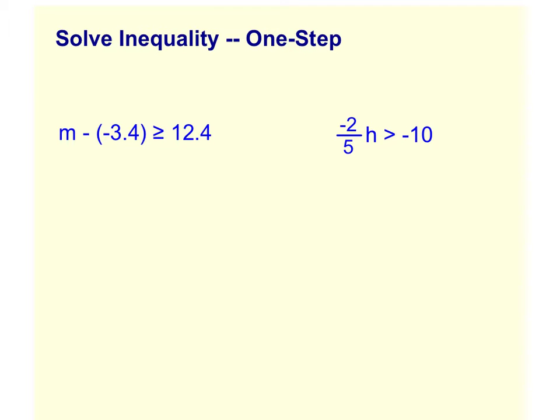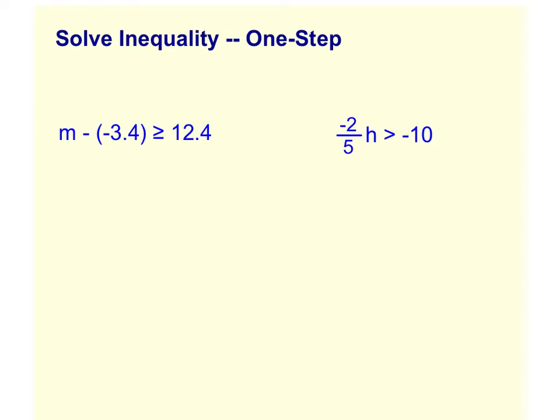Solving inequalities with one step, that's what this video is on. I put this first example on just because I see people kind of mess this up a little bit. We have m minus a negative 3.4. It's really easy just to look at this and add 3.4 to both sides, but the first thing that you